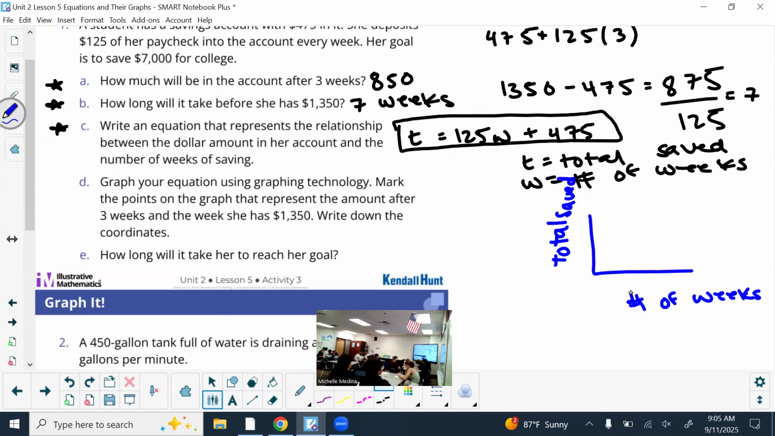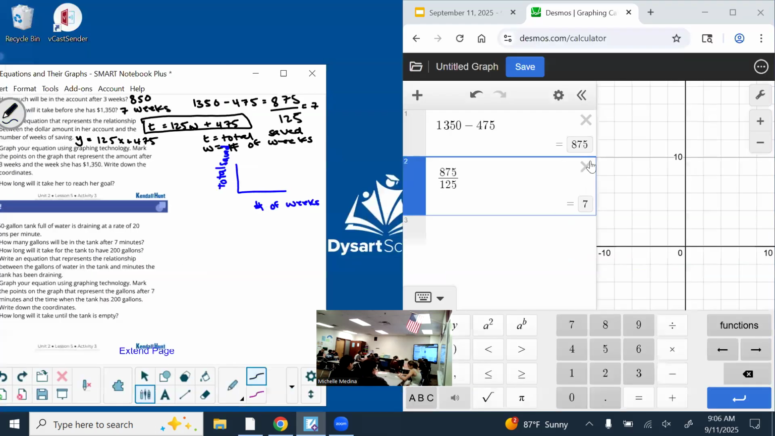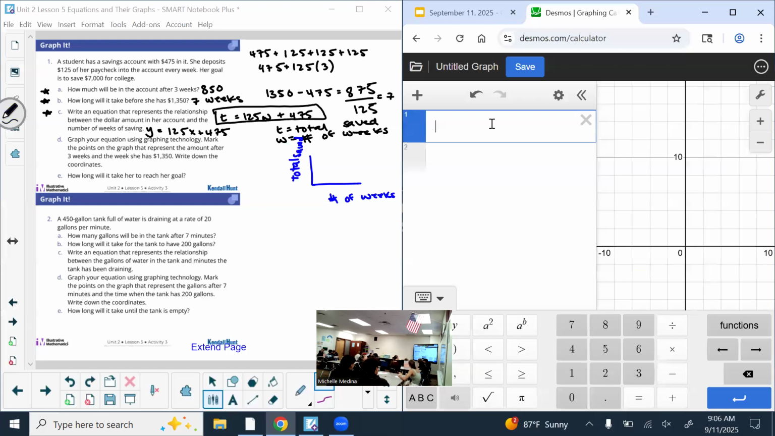Which means normally, although it seems to work either way now, I'd have to switch this T for a y and the W for an x so that it could actually graph it. So if you have a handheld calculator, that's what you'll probably have to do too. All right, but to graph it with graphing technology, you type in the equation that you made or that you're given,